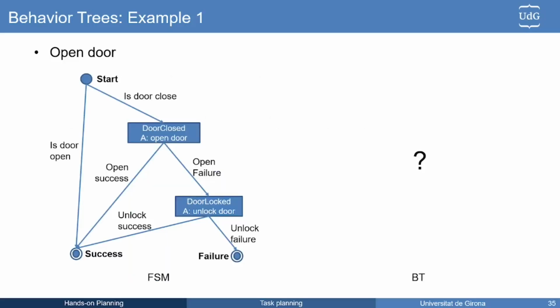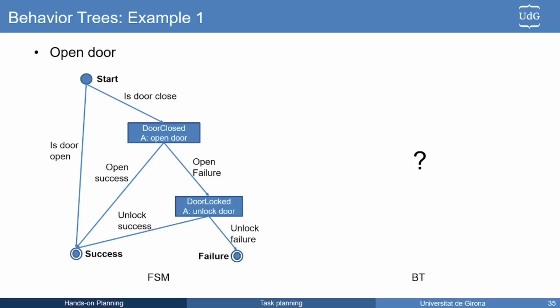I don't have it here. I have to do it in the Blackboard. Imagine we have a door closed. Then we need to decide what we are going to do. Probably this is going to be a sequence, because here we have the open door. Well, first we have a check door. Let's assume that this is a sequence, okay? First we will check